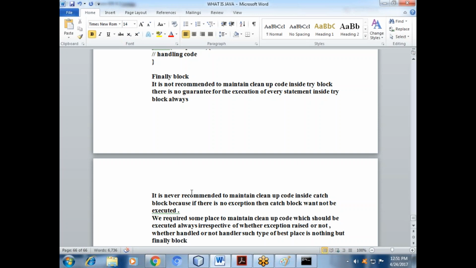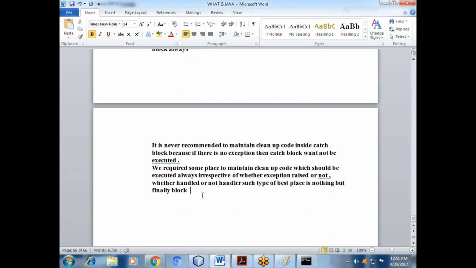It means if any issue arises in the try block, fine; if the try block does not raise an issue, it will not come inside the catch block. If there is not any issue, how as a developer will you understand the execution flow or get any message? That's why we mention the finally block.